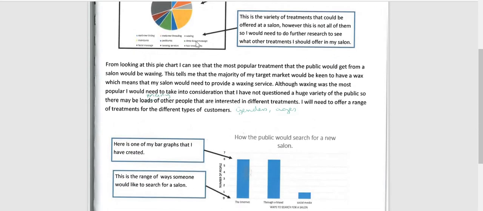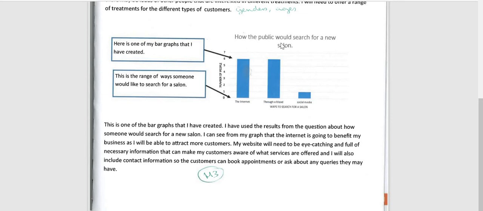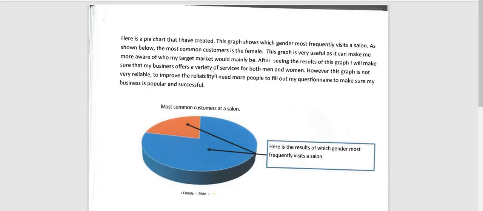Explaining then the graph, so looking at the pie chart, I can see what the most popular treatment would be, and then it explains a little bit about that treatment there as well. It says about advertising then here, so how the public would search for a new salon. Apparently it would be the internet and through a friend, both very high there. And again, just a little explanation of the graph. Here,